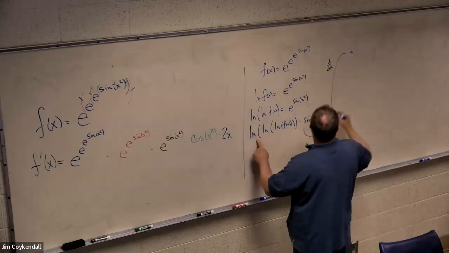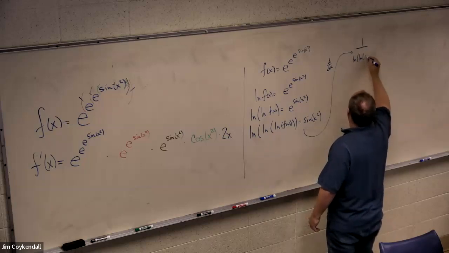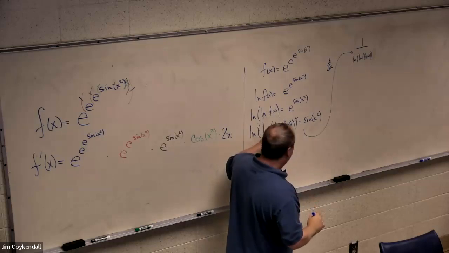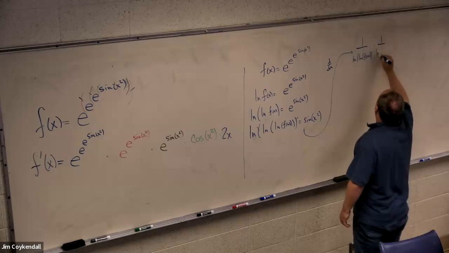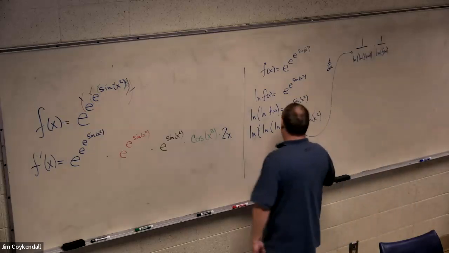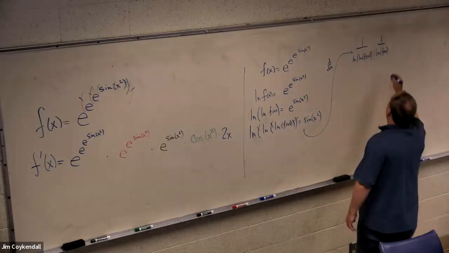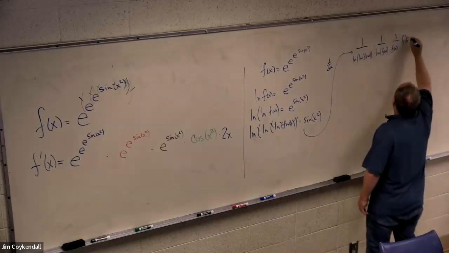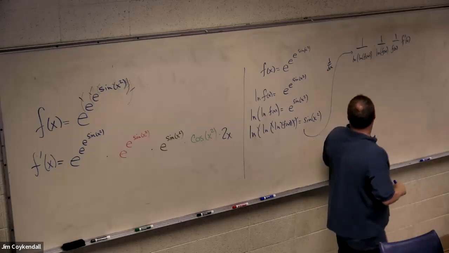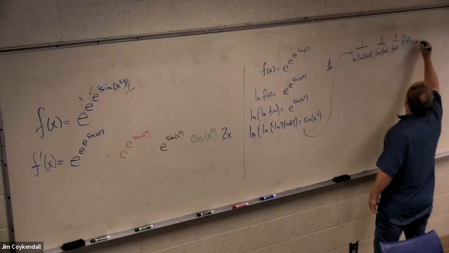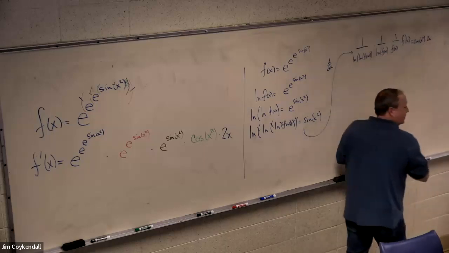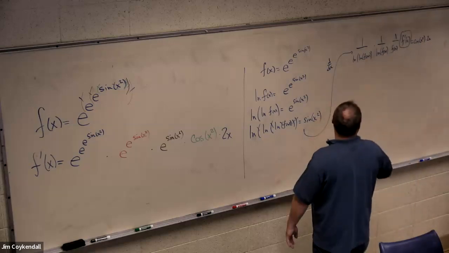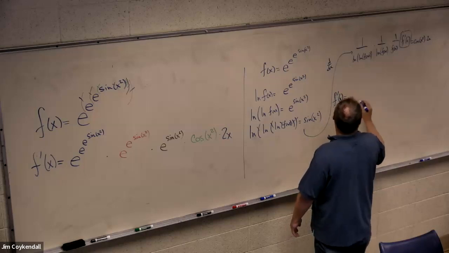So the derivative of log blob is 1 over blob, times the derivative of what I find inside. What do I find inside? I find log of blob, times the derivative of what's inside, and I find log of blob, times the derivative of what's inside. And the other side is just the derivative of sine of x squared, which is cosine of x squared. Alright. So I can solve this for f prime of x by shoveling all this over the other side. So f prime of x is equal to f of x